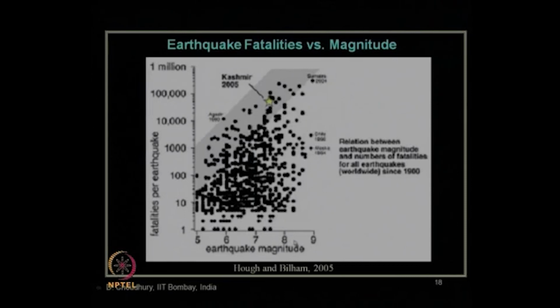It is quite expected that higher earthquake magnitude means the number of fatalities will be higher, and lower earthquake magnitude will give a lower number of fatalities. But you can see some reverse trend also. Let us look at these points: at higher earthquake magnitude, the number of fatalities is pretty low. Why? As I have already mentioned, chances are these higher magnitude earthquakes occurred in locations that are not highly populated, where there are not a huge number of people staying, so the number of fatalities is less, or